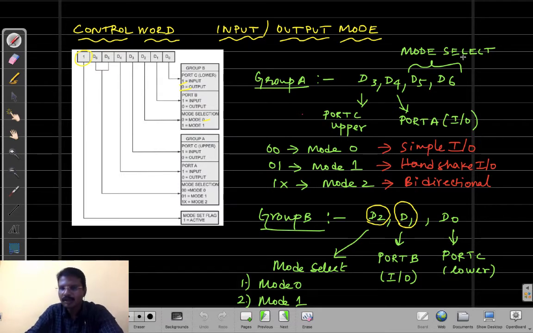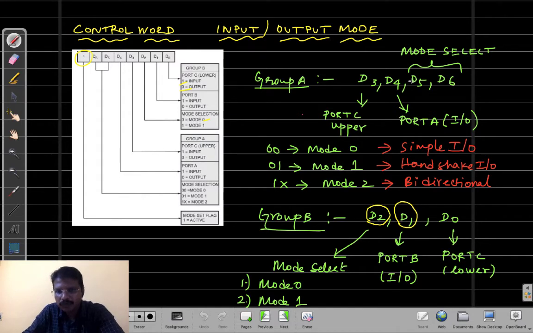Port A can operate in three different modes, namely mode 0, mode 1 and mode 2. Mode 0 is called the simple input output mode, mode 1 is called the handshake input output mode, and mode 2 is called the bidirectional input output mode.